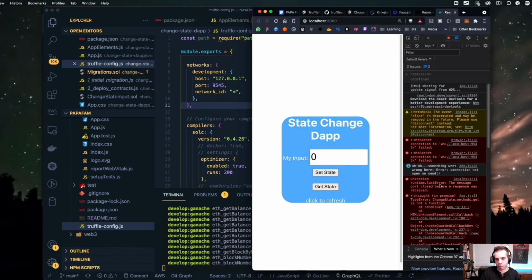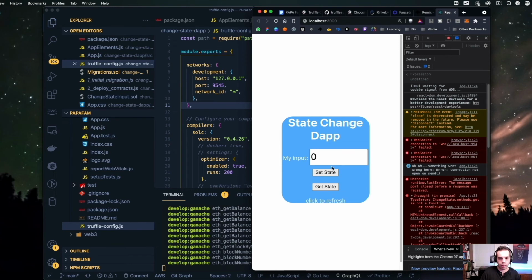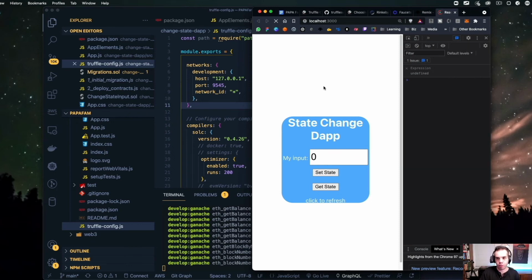We haven't actually compiled it yet, so it won't actually send anything. But as we would get state, there would be a transaction that comes up. It would be a read request. Also, if we do set state, that would be how it would come up as a transaction once we run it, and we'll be able to see that very soon.